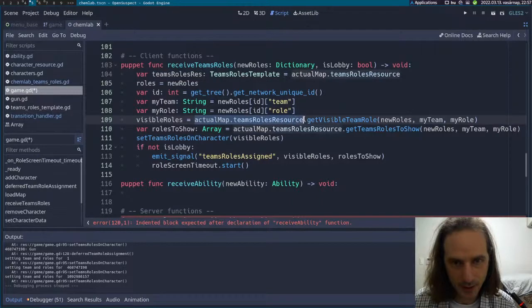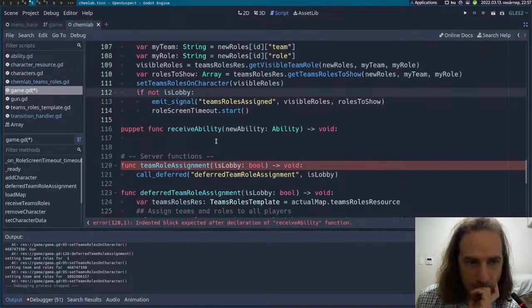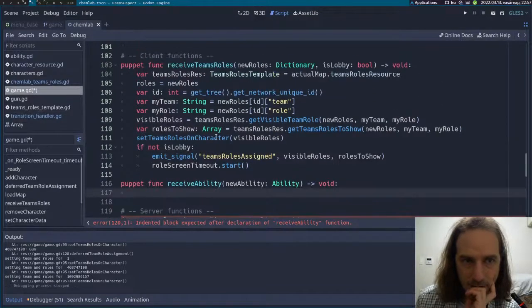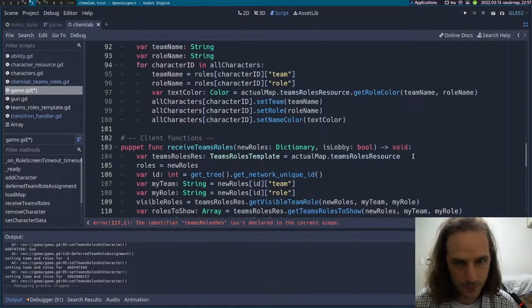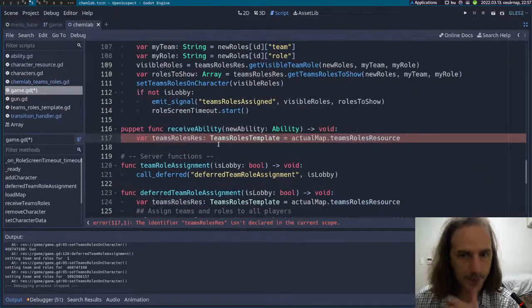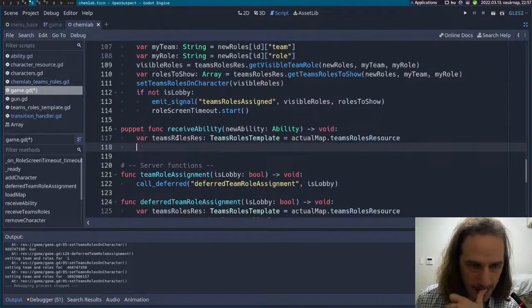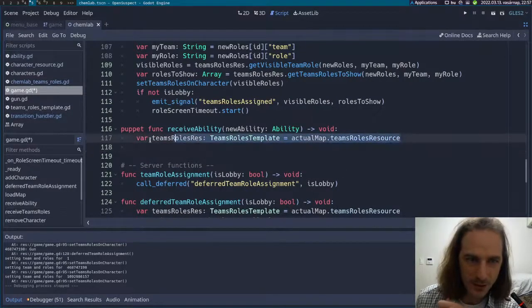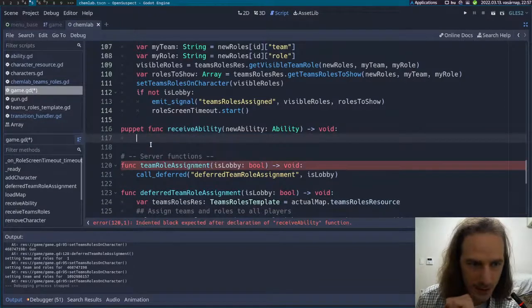So we can simplify this, and then what we want to do here is receive ability will have to have this same variable here, and then, well, we don't need it actually. I'm stupid. What we need to do is we need to get